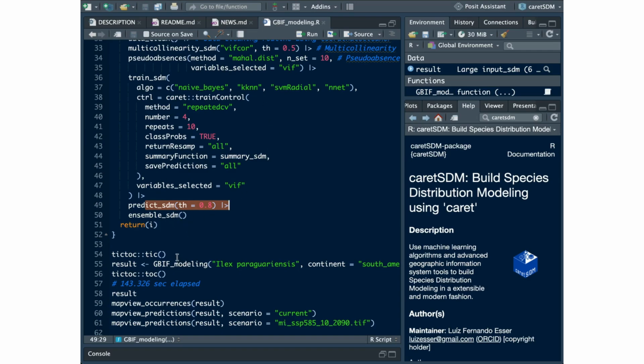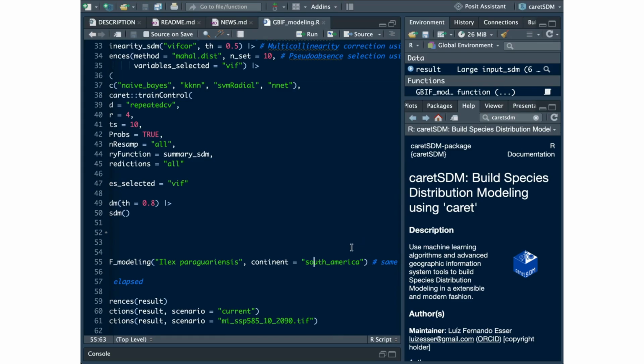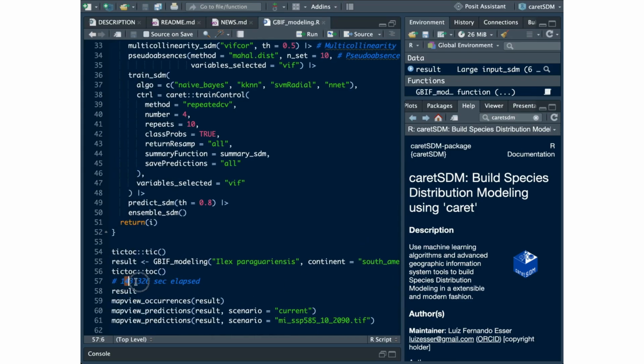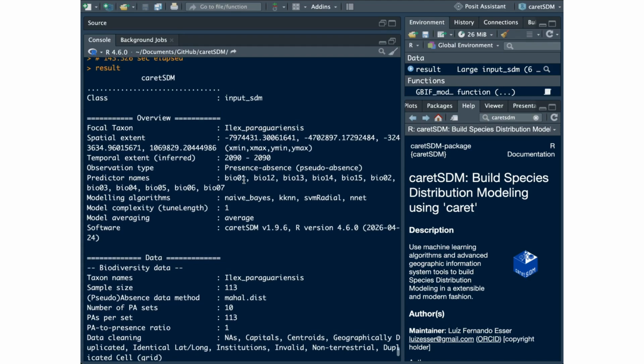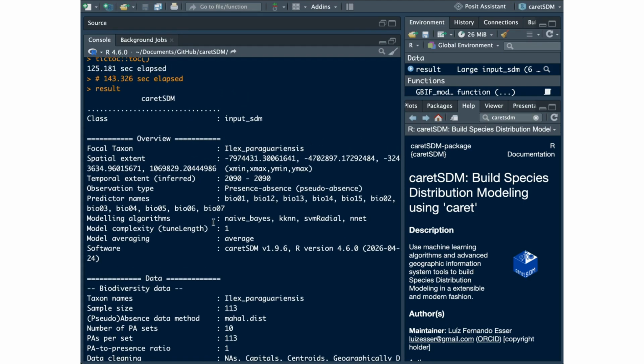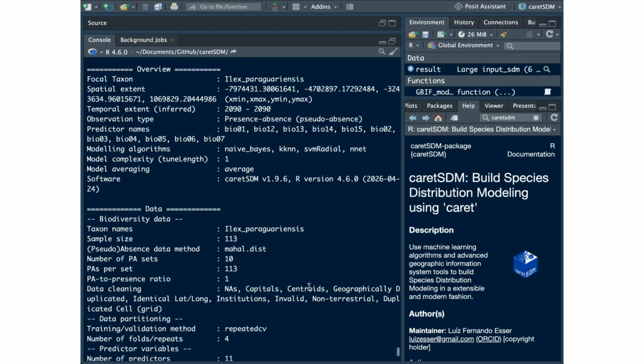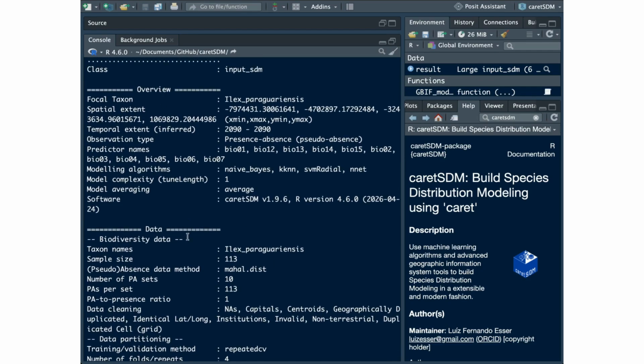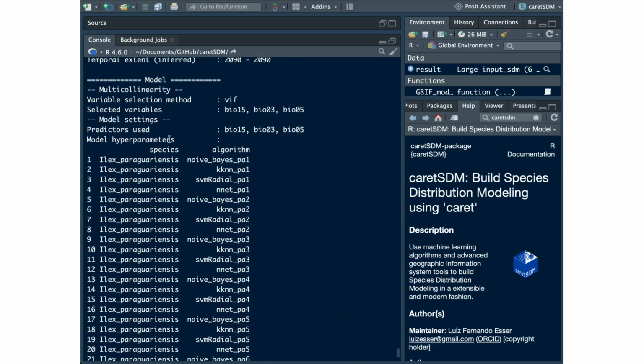For this example, I used Ilex paraguariensis, the erva mate, with records constrained to the South American continent. The entire workflow completed in a little more than 2 minutes. The resulting object holds everything: occurrences, trained models, performance metrics, and spatial projections, following the ODMAP protocol: the overview, data, model,